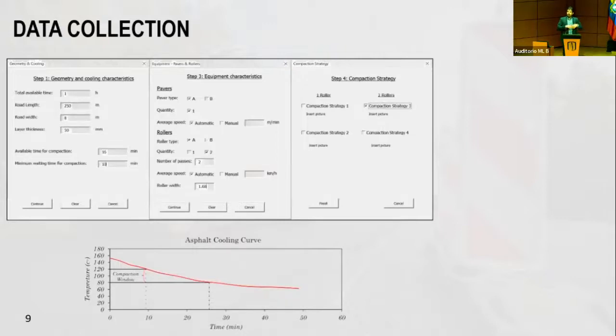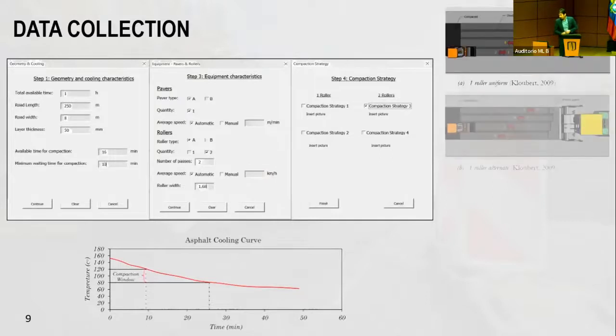So what we did, because our planning tool was rather flexible, we gave them the option to choose from the database of the past projects. So they could look at projects with more or less similar characteristics, and then opt for a cooling curve that is actually collected or built based on the actual data.